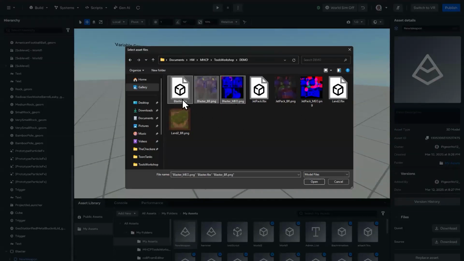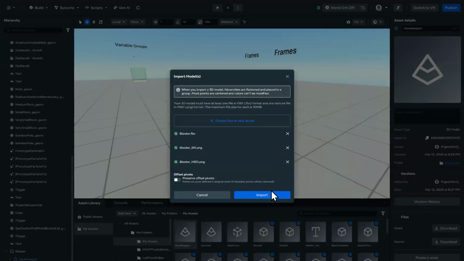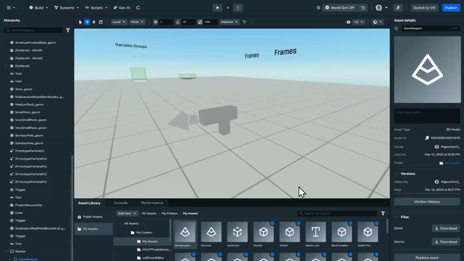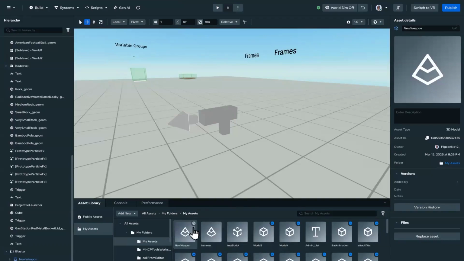So I select my final version. The art team is done. Then I select it. I accept that. That's what I want to use. I import it, and let's see what happens. It's gonna take like a few seconds here to upload. Right there, it's uploading. And after that is done, if everything is right,